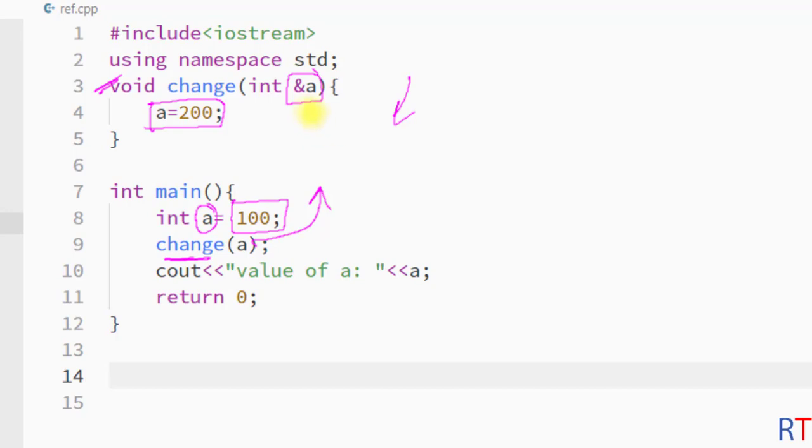Because we are using the reference instead of the value, the changes we made to the formal parameter should be reflected back on the actual parameter. And then we have printed the value of the variable a to check if there are any changes made to the variable or not. So now I'm going to save this program and run it,